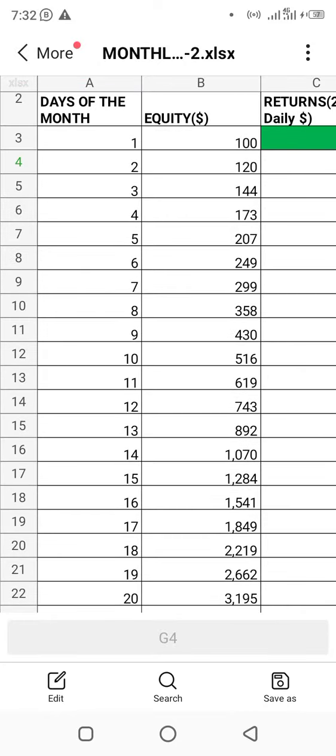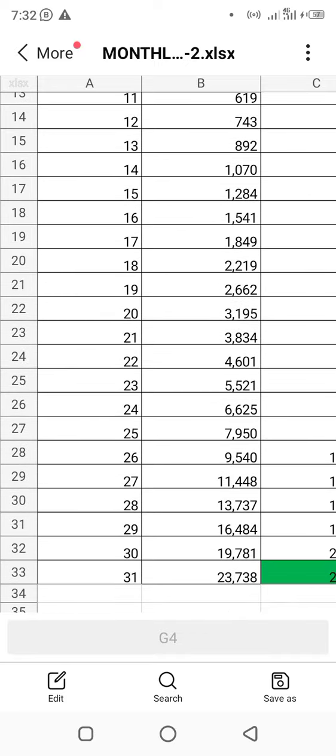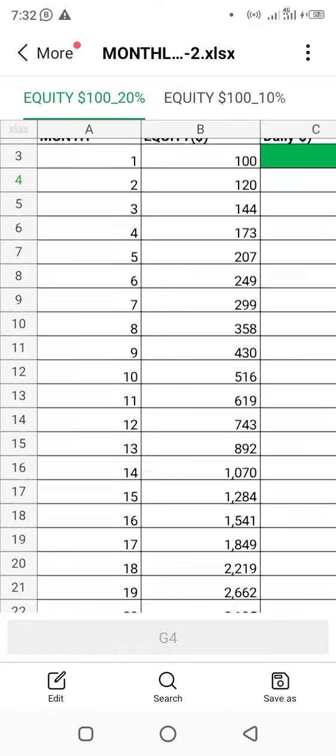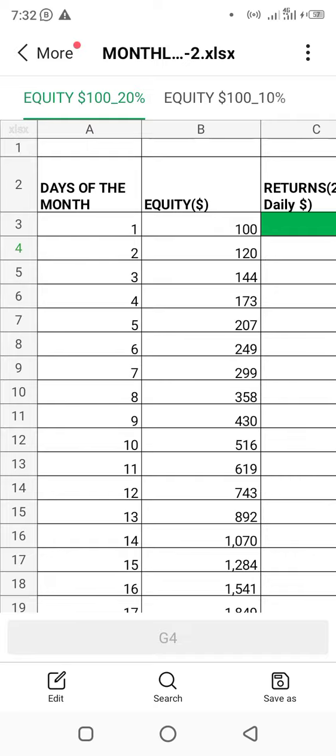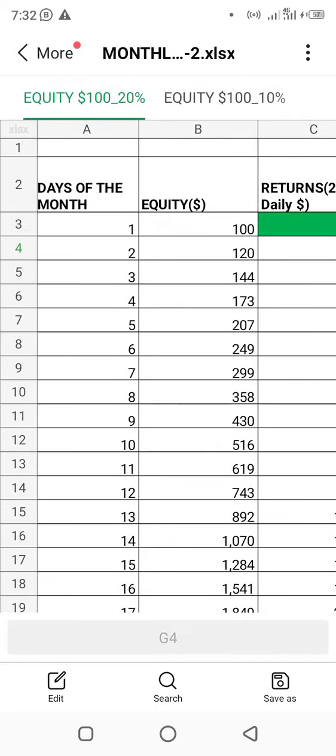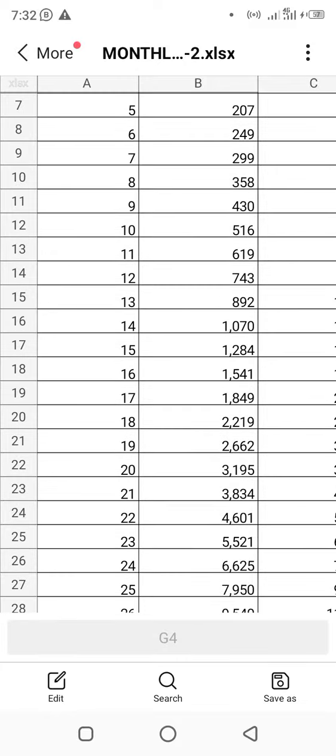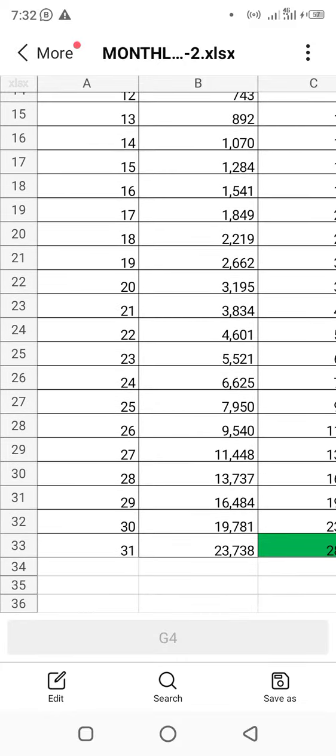I just want to challenge us this morning, all my subscribers who are ready to make money, who are ready to make a living trading Forex or trading with the synthetic indices, most especially the boom and crash indices. I have this for you this morning. As you can see, it's a $100 challenge, and it's to run for 30 days, maximum 31 days, which is 1 month.